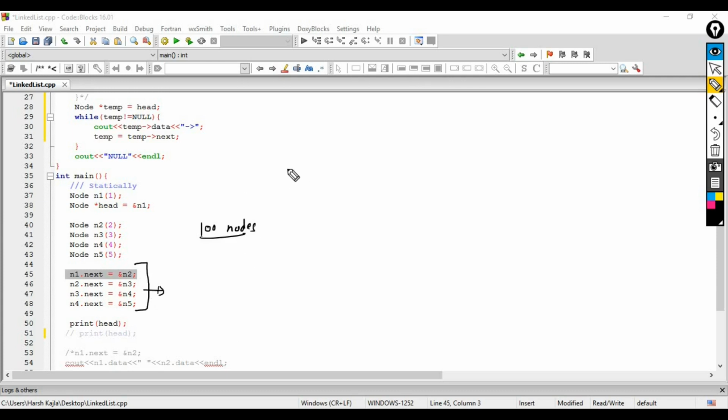So what we want to do is create a function. Let's say the name of the function is takeInput. What this takeInput function will do is take the input from the user, create the linked list, and return the head of the linked list to main. If you know the head of the linked list, you basically know the complete linked list. So this function will return me the head of the linked list that we will create. Simple.